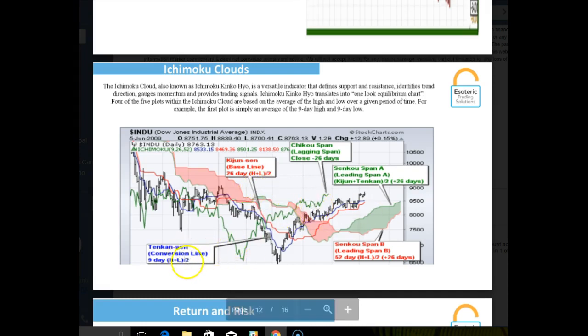So as I said, you've got your 9-day high and low divided by 2, you've got your 50-day, which is a longer analysis, divided by 2, which comes to 26-day, 26 and 26. So pretty much when these indicators are all sloping upwards, it's bullish. When the indicators are sloping downwards, it's bearish. This indicator is a shorter indicator. The blue, because it's on a 9-day, will start pointing up much quicker than obviously the 26.